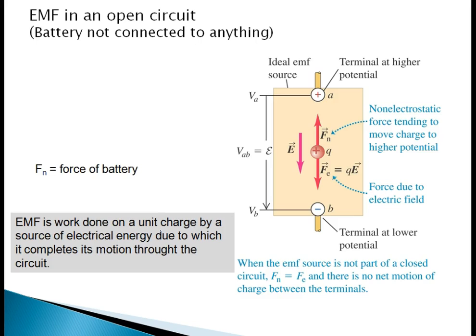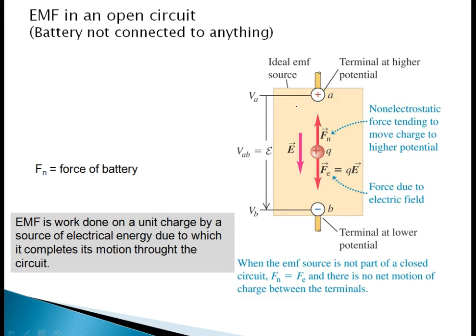Now, again I will tell you. This is the internal structure of the battery. This is the positive charge. This charge cannot move from low potential to high potential by itself. When it has to move from the low potential to high potential, there should be some force. This force is provided by the chemical, and this is a non-electrostatic force. This moves charge from the low potential to the high potential end.